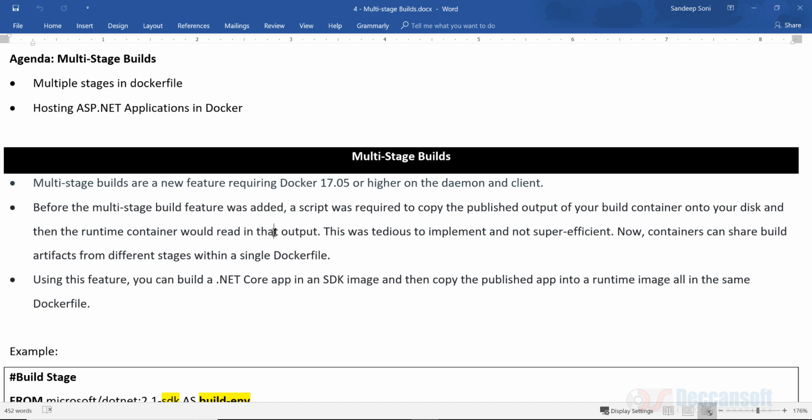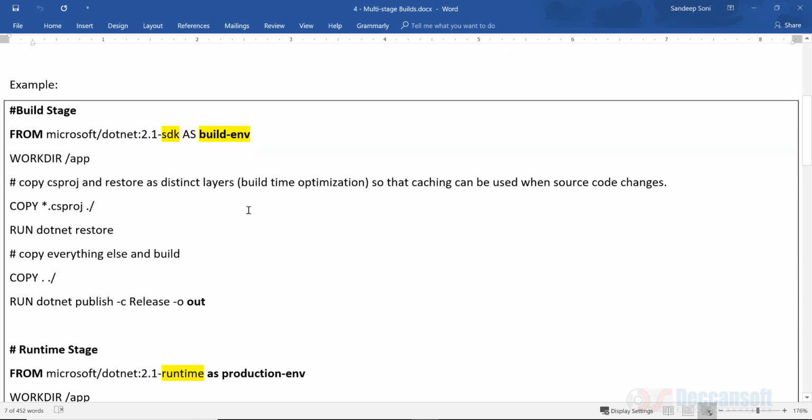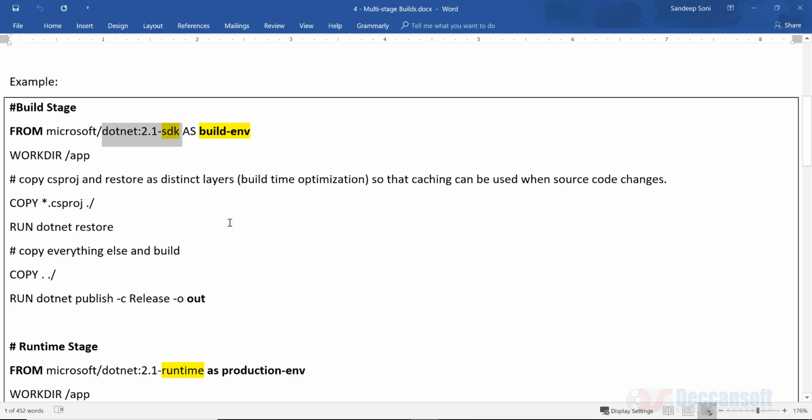So this is where Docker started supporting multi-stage build. So you can build a .NET Core app in an SDK image and then copy the published app into the runtime image. So we are going to use .NET Core SDK for publishing. So here you see the command FROM SDK AS build has been used, and the build has been given some name because we want to refer to that build later. And then we have the working directory, we copy the project and then run dotnet restore, then copy everything